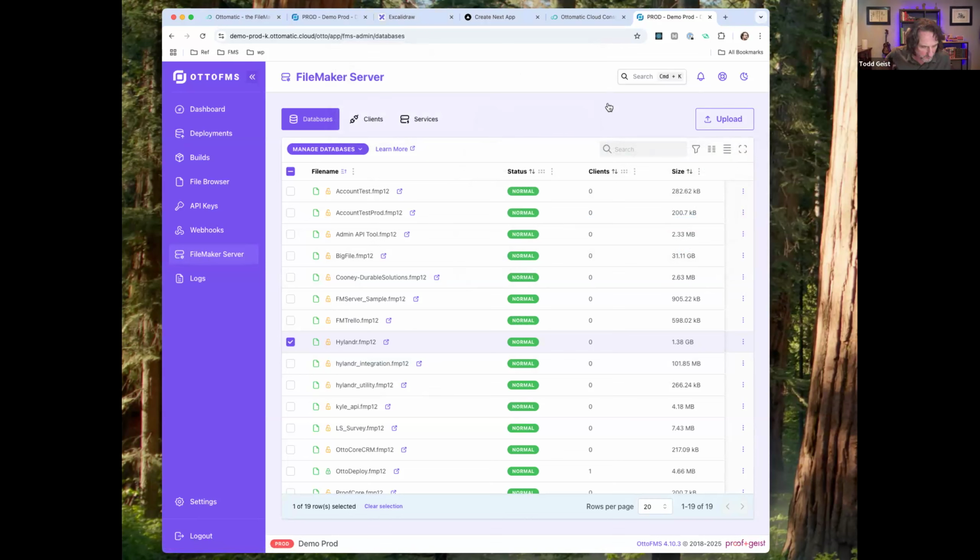What we hope is that eventually people are sharing their starter files and their demo files and their utility files and whatever, and they can just share them in a really easy way for people to get stuff deployed. Obviously it's not every FileMaker server, but it's 2,600 servers and growing, which is a lot. And so we hope people can.